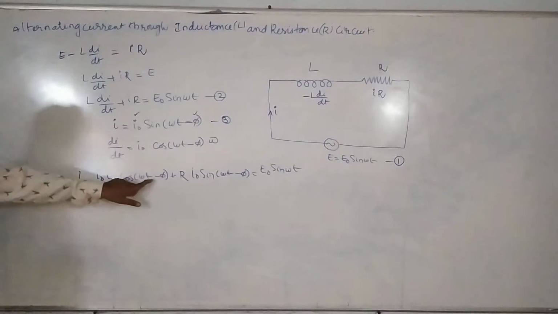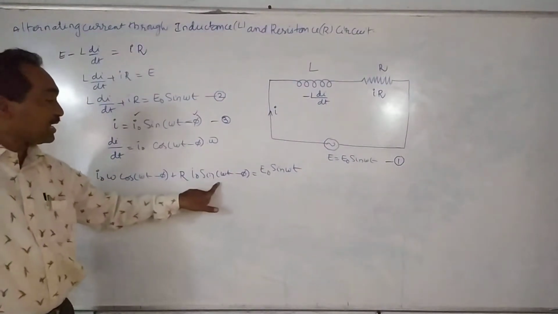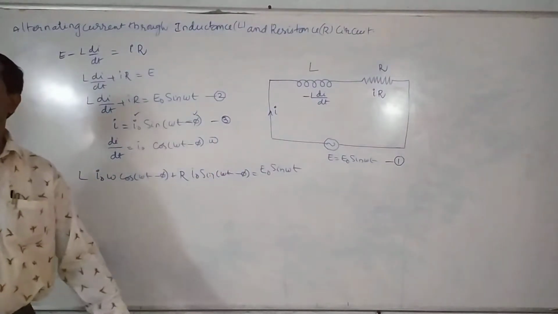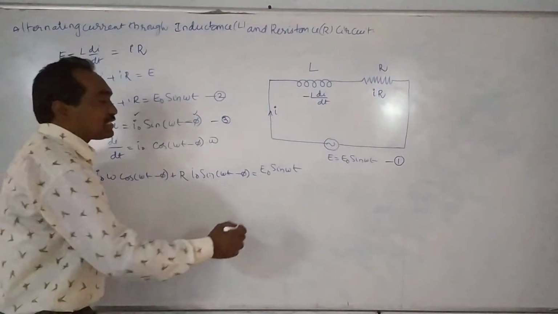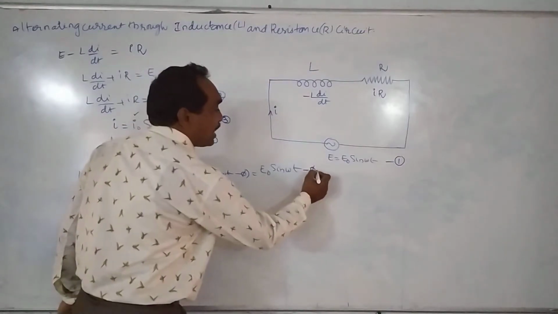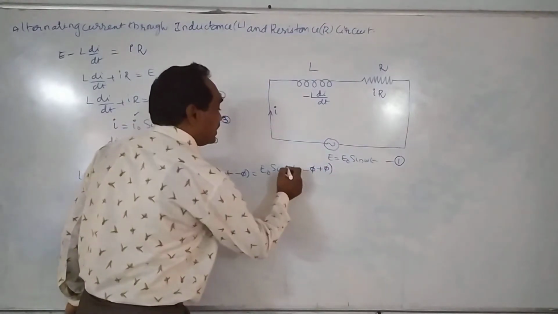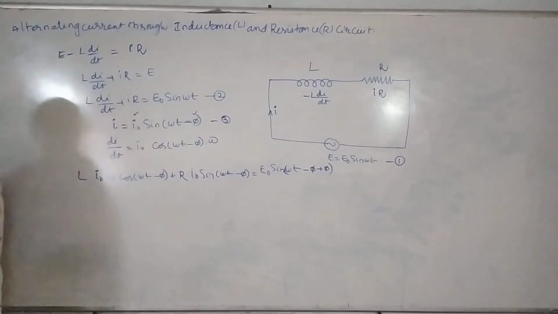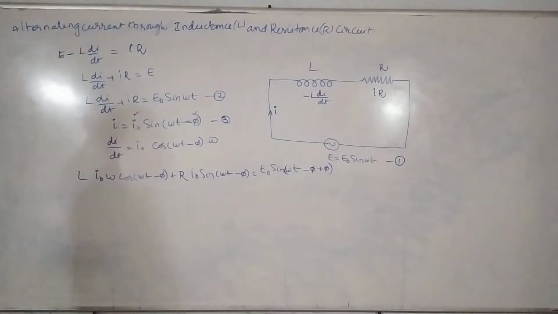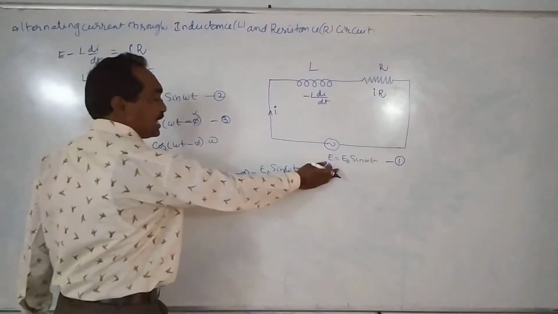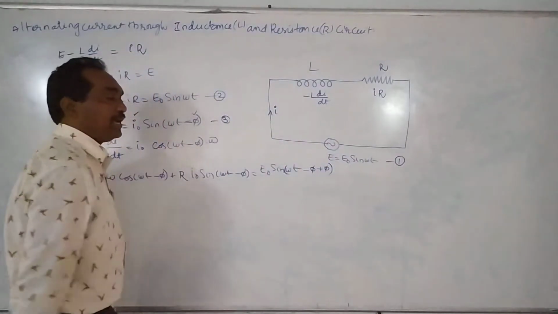There is a cos(ωt − π) term, and there is a sin(ωt − π) term. For simplicity, we will subtract and add π on the right side of the equation. Is there any change? The minus π and plus π cancel each other, so only the sin ωt term remains.